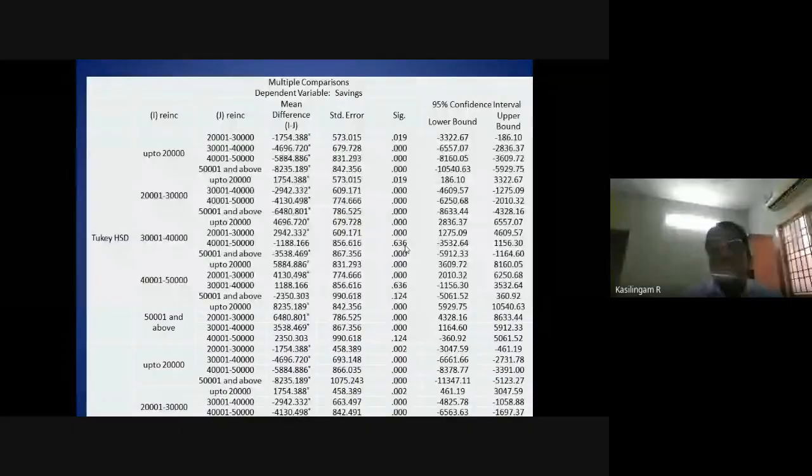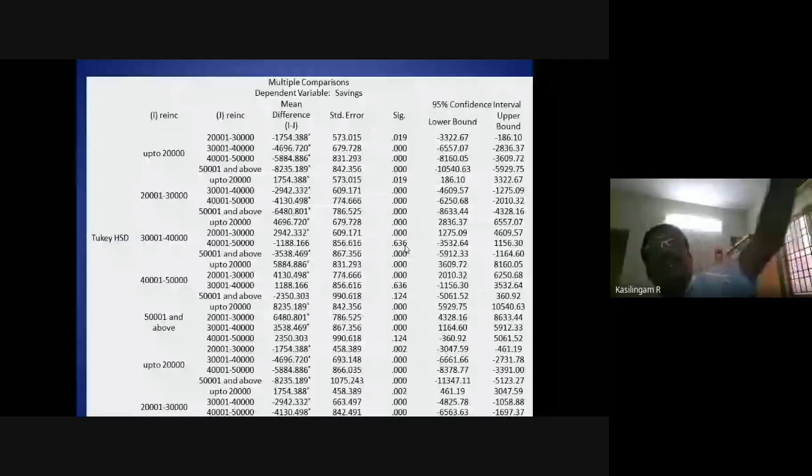We should not use the regular ANOVA. We have to use a robust test, so you have to use the Welch test. When there is a difference, if it is ANOVA, we have to use a post hoc available under equal variance assumed.